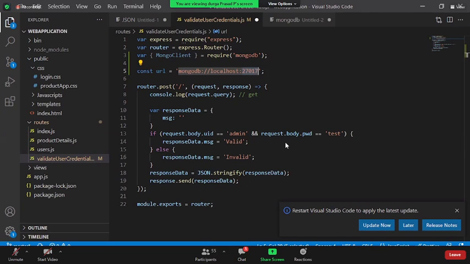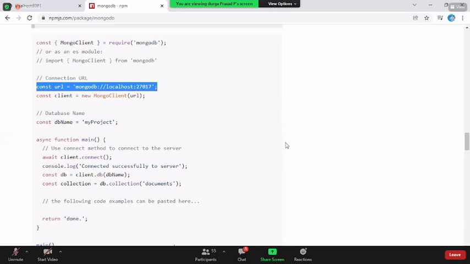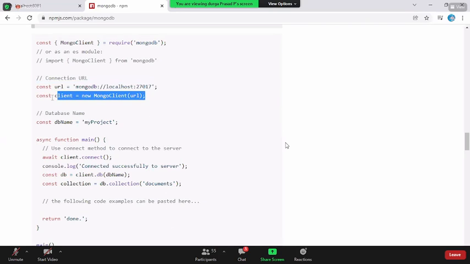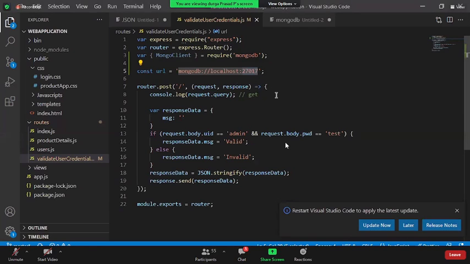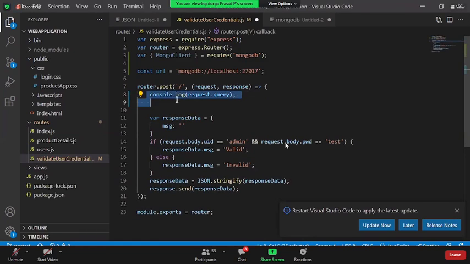Okay. And the next part, what we have on the top, is you need to create a Mongo client connection. But do you really think I need to create a connection here? Mongo client of URL. Okay, just give me a second, guys. Let me try this connection. Request.query. I say const Mongo client, Mongo client URL.